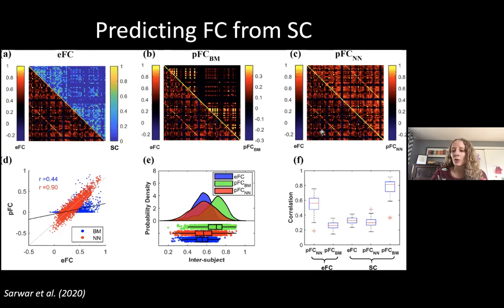So this is actually showing that using machine learning, specifically neural networks in this case, had a higher accuracy at predicting functional connectivity from structural connectivity rather than a biophysical neural mass model. And there they were able to show that the loss function they used was maximizing the correlation between empirical and predicted functional connectivity, but also trying to match the predicted functional connectivity for that subject versus every other subject. So kind of trying to enforce some sort of individual identifiability,